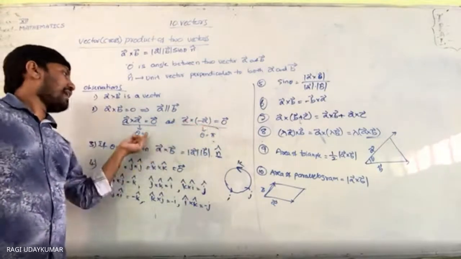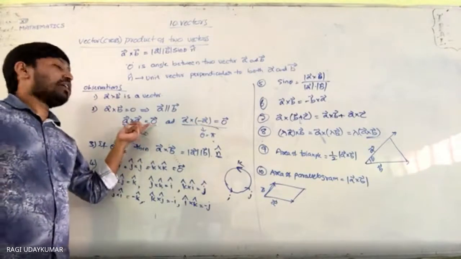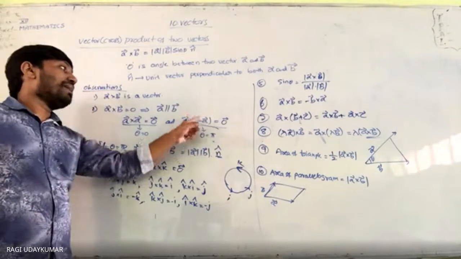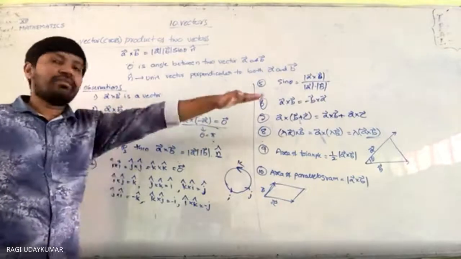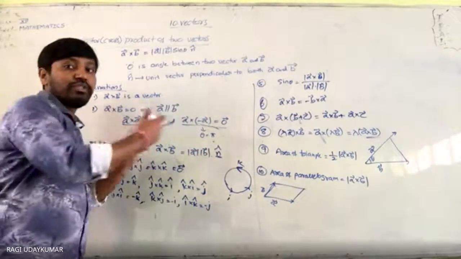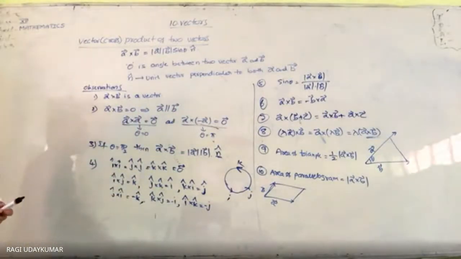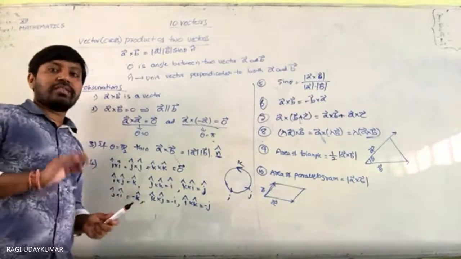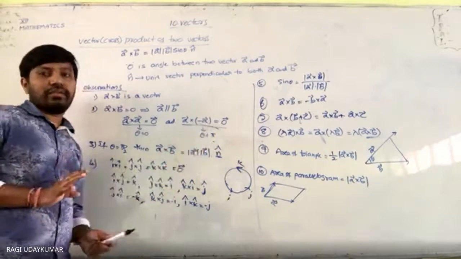And when the angle between the two vectors is theta equal to 0, then their cross product will be equal to 0. If it is pi, the cross product is also 0. It means one vector is backwards, the other vector is this side. Two vectors are in opposite direction. So the angle between the two vectors will be equal to 180 degrees, which means pi radians.